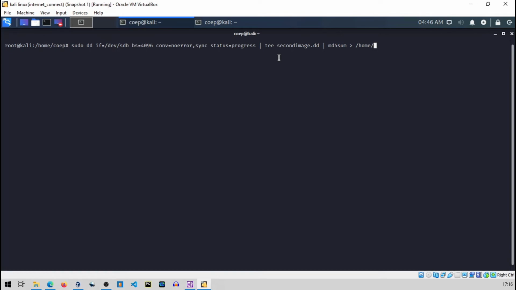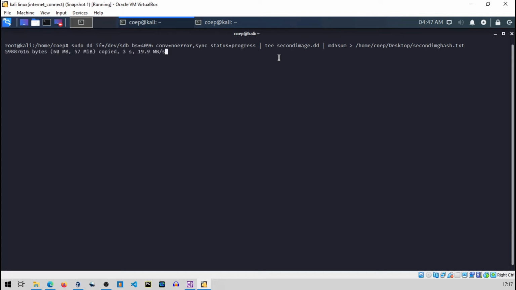I will keep that on the desktop also. I will call it second image hash dot txt. Fine, second image hash dot txt, and enter.